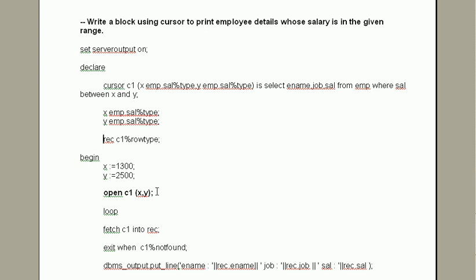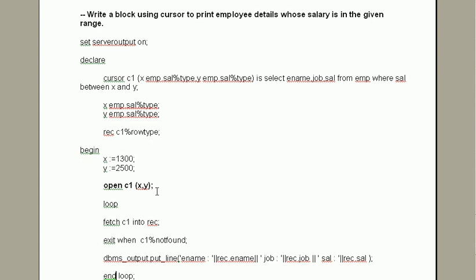And why have we declared REC over here, after type row type of the cursor C1? Because here we are not using the for loop, we are using loop and end loop, and we have to write the exit condition, exit when C1%NOTFOUND.